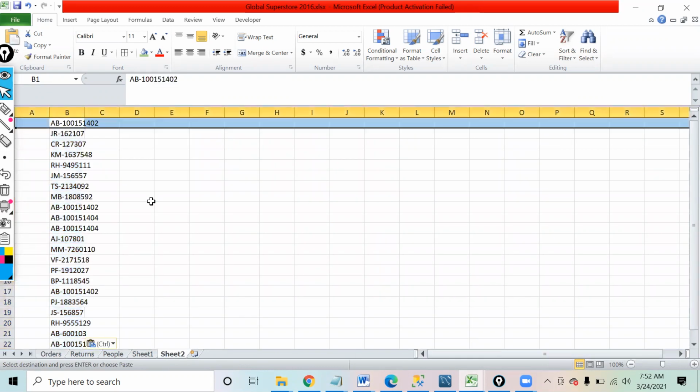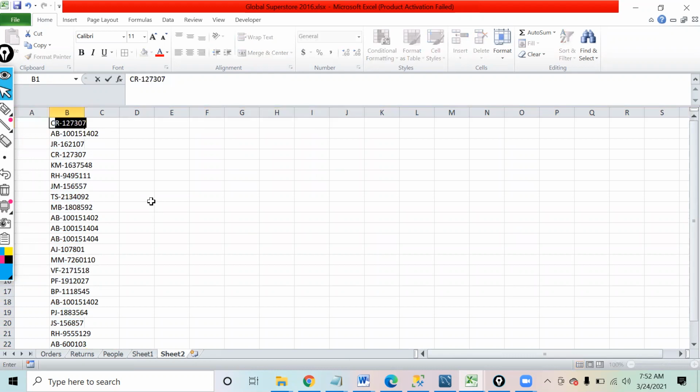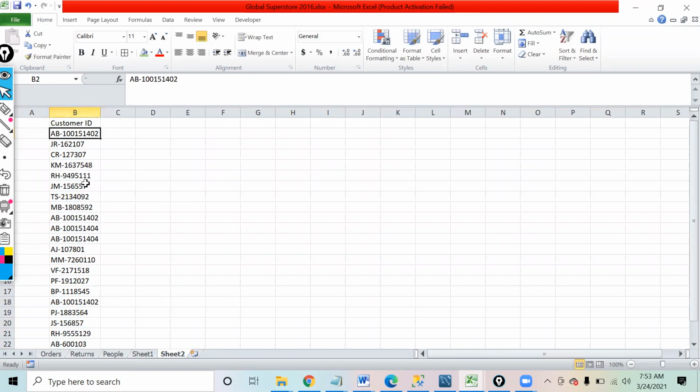Let's see who will be able to approach this. There are some customer IDs that are given to me over here, and in some of the customer IDs I'm making some changes.